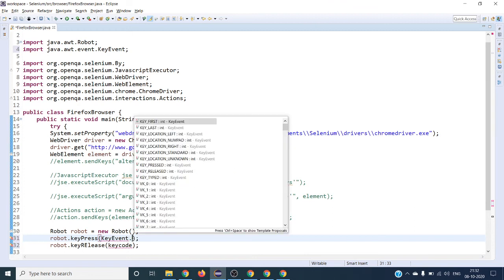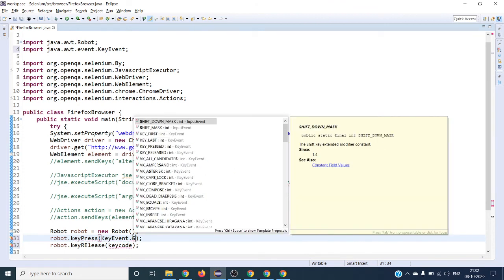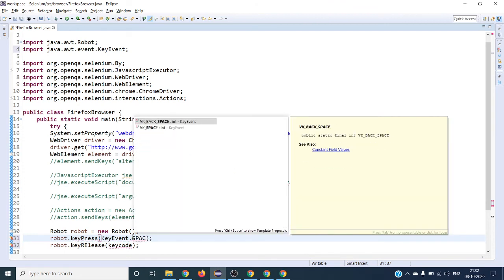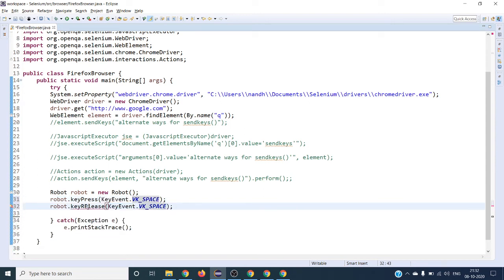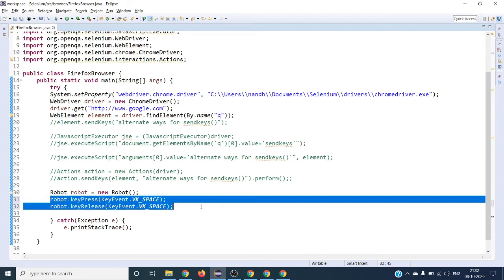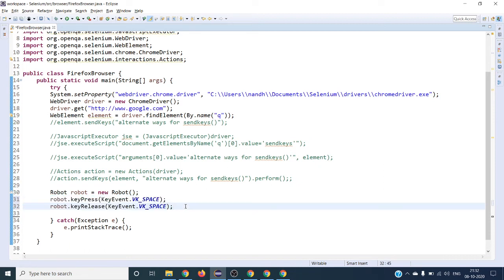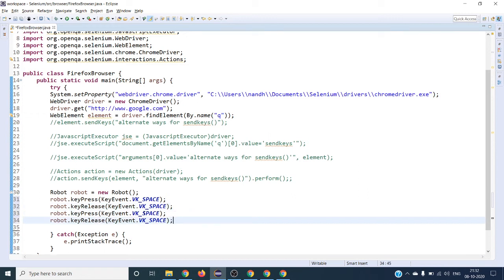Key event dot, what you want to give, space. I'm going to try press space. Same, we have to release the same key. Right, key release. So for any press and release, it is one action. So we have to give whatever we are going to give.